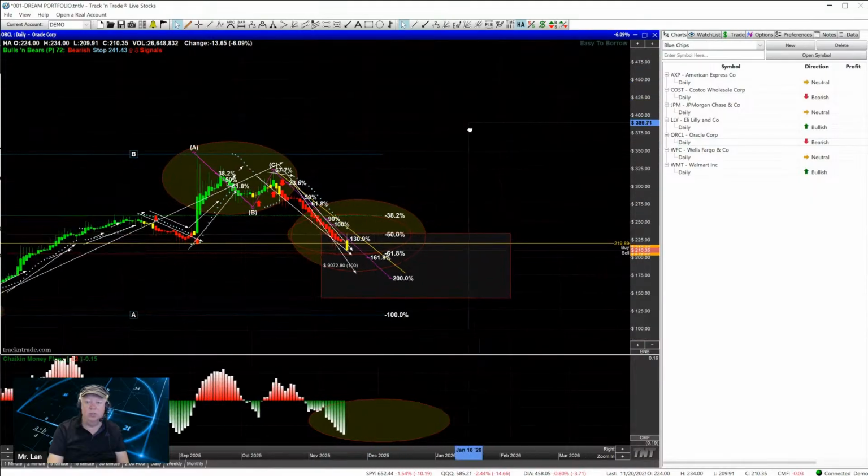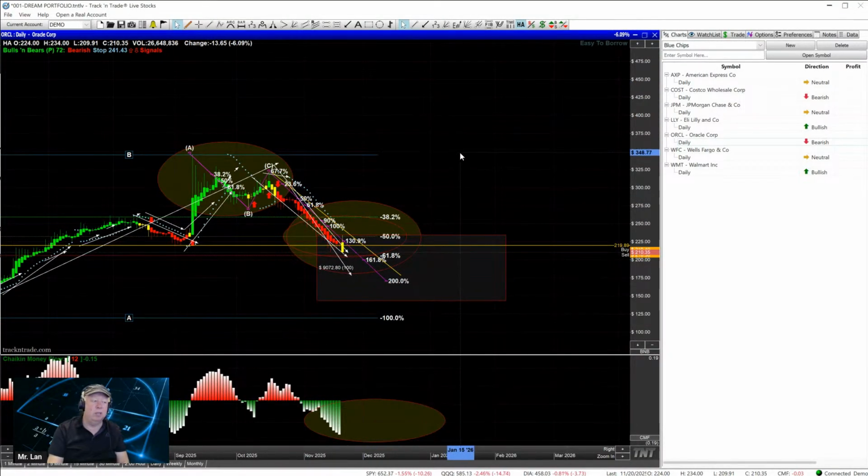And they're going to do some crazy manipulation because remember, there's something called the float. There's not very many shares available to buy, but they want a whole bunch of shares. So they're going to do everything they can to get you to sell them your shares. If you own shares here, they want you to sell out. So they're going to play games down in here to try and get you to sell all your shares to